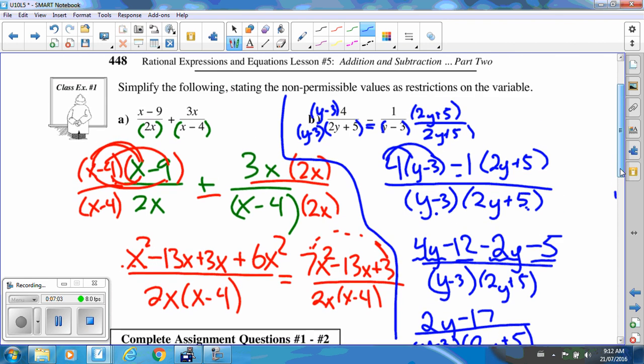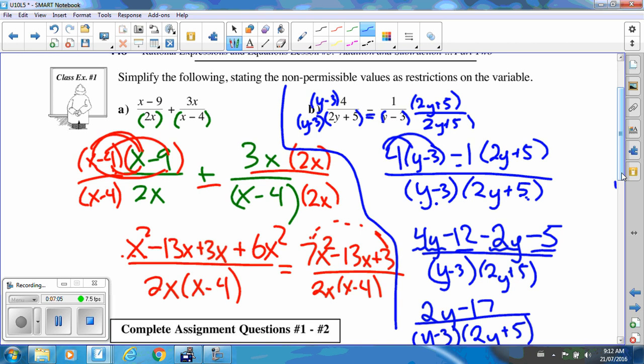Oh, look at me go. I've gone and forgotten my non-permissible values again, all the way across the board. In this case, my non-permissibles is x cannot equal 0 and x cannot equal 4. In this case, my non-permissibles is y cannot equal 3, that's from here. And in this one, again, sometimes it's a little trickier to see, but it's y cannot equal